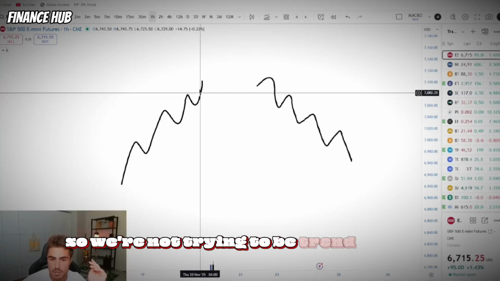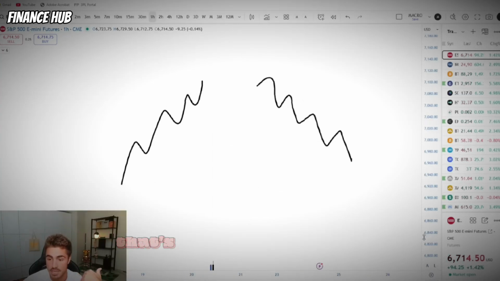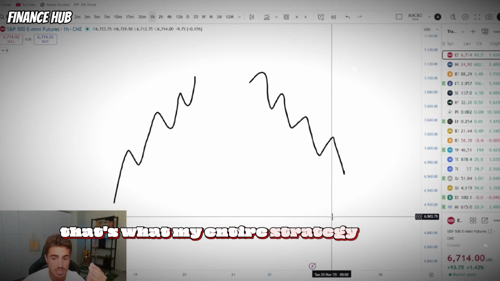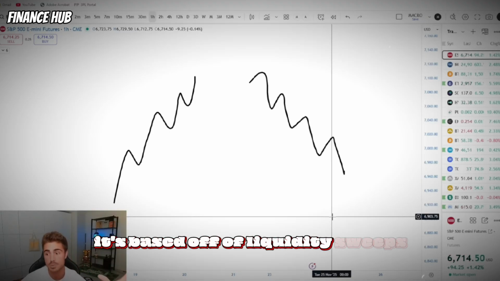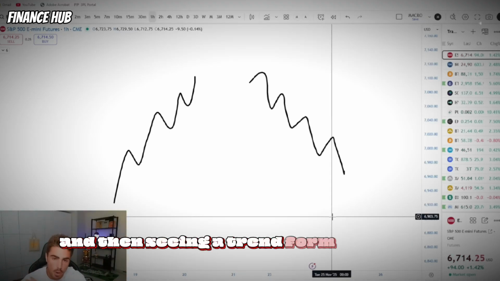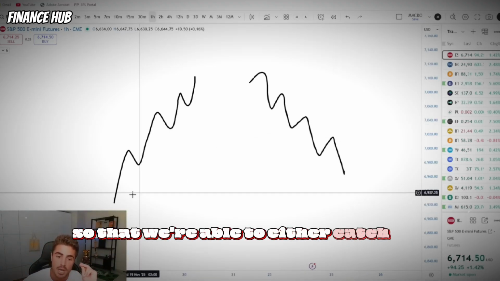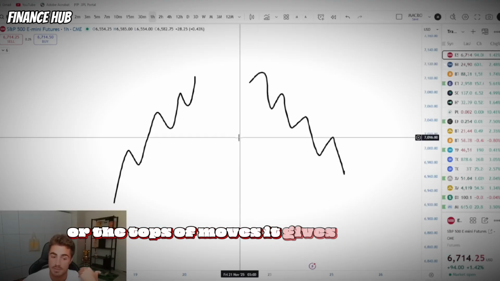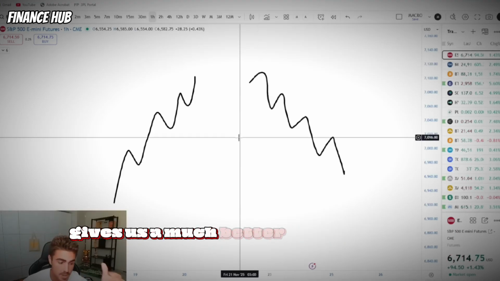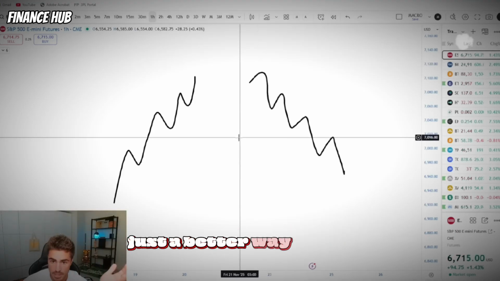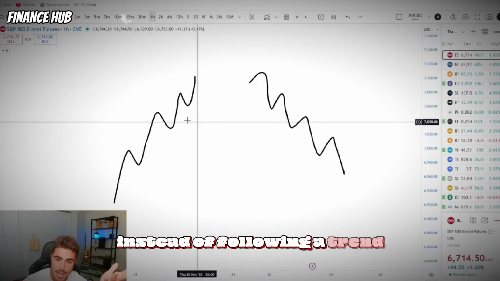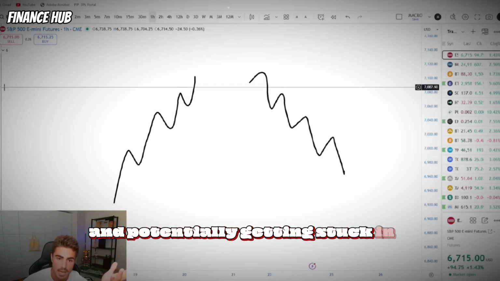So we're not trying to be trend traders, we're trying to be reversal traders. That's what's worked for me. That's what my entire strategy is based off of. It's based off of liquidity sweeps and then seeing a trend form out of that so that we're able to either catch the bottom or the tops of moves. It gives us a much better win rate, gives us a much better risk to reward. Overall, just a better way to trade instead of following a trend and potentially getting stuck in a situation like this,